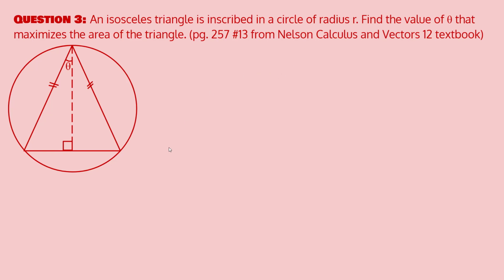So I will show you my solution to it so you can impress the teacher that you know how to do it. And please let me know if you have a more efficient solution, because mine definitely takes a while. So what I want to do first is look at the geometry of this diagram, because this is the only thing that they showed us in the textbook. So it really doesn't have an obvious relationship between this angle theta and the radius. So I decided I'm going to try to figure out some geometric relationships that can relate theta to the area